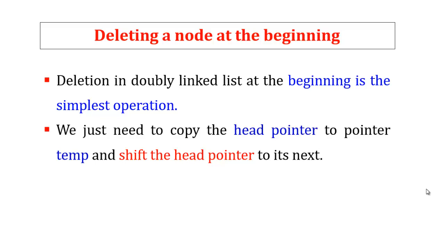The basic scenario is we have to check whether the given list is empty or not. If the list is empty, we cannot delete any element from the list. This is the first one. And the second one, if there is any element present in the given linked list, it may be one element, two elements, three elements. Take an example of one element. If one element is present in the given linked list, we can delete it and make the head pointer null. This should be the second scenario.